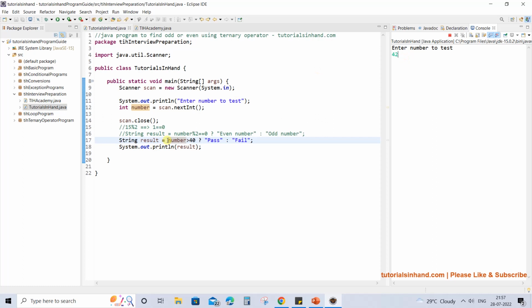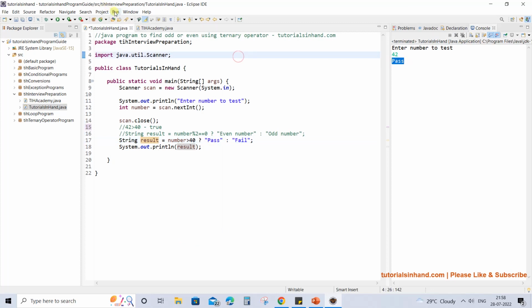So this will turn out to be true, and if the condition turns out to be true, the immediate statement after the question mark is going to get returned as a result, and this result will have the string value pass. If we print this, you will see pass will be printed. Let's press enter and see the result is pass.